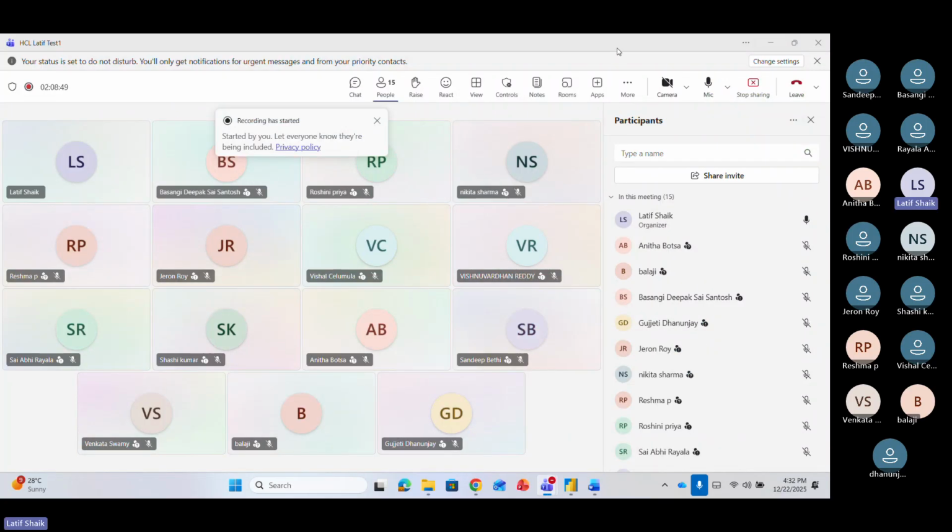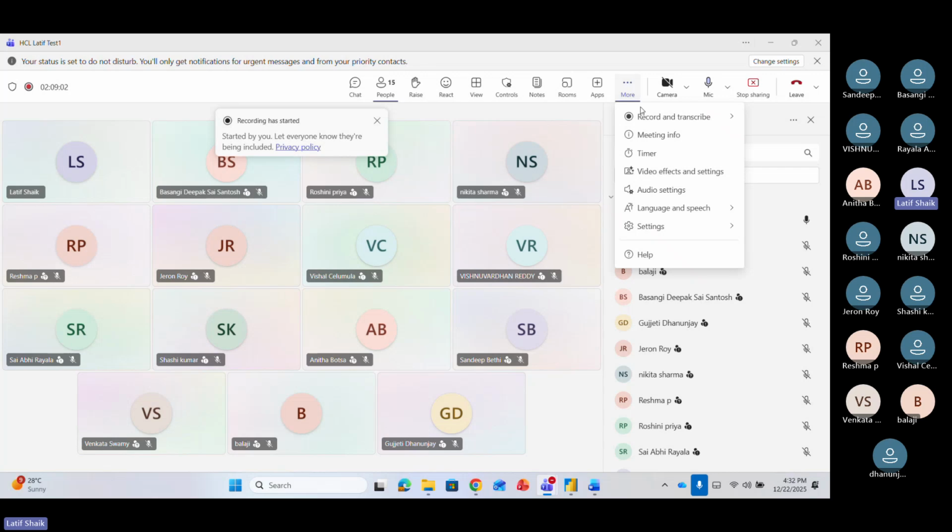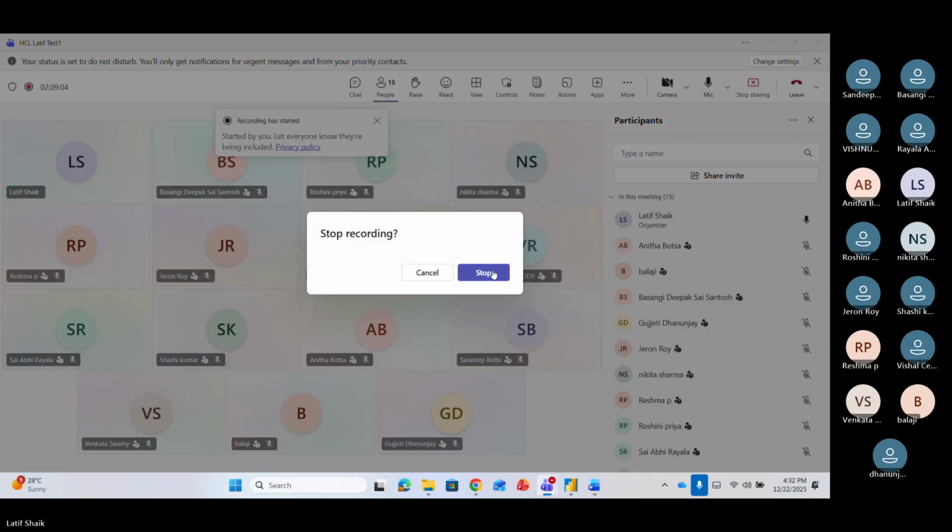Some people are leaving and rejoining. Tell anybody who left to join again. And after a small break, a very small break, guys. Then I will